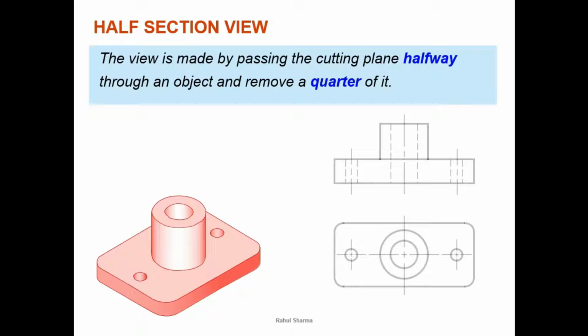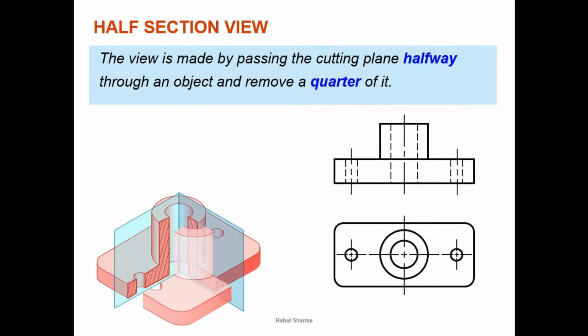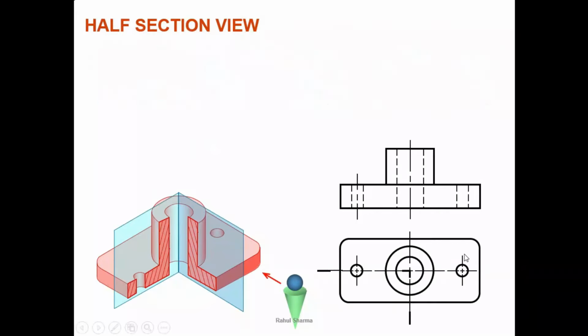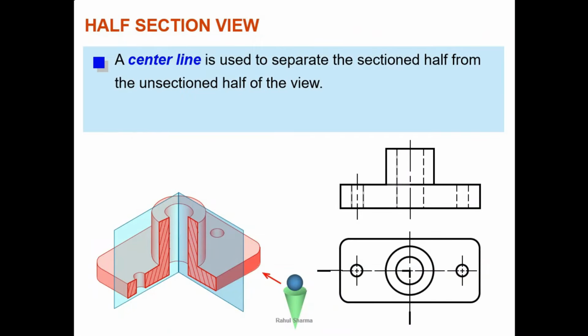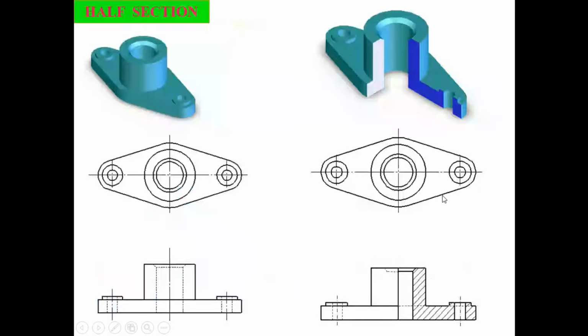Now what is the half sectional view? We take one more example. We are cutting the object like this. After cutting, now we are removing the left part. Now you can see the internal shape in half of the object. What we do, this is the front view, top view without sectioning, normal front view, top view. Try to see what changes I have done. I have made the center line, done the hatching in this part because the hidden line will become object line, but the other half should not have any hidden line.